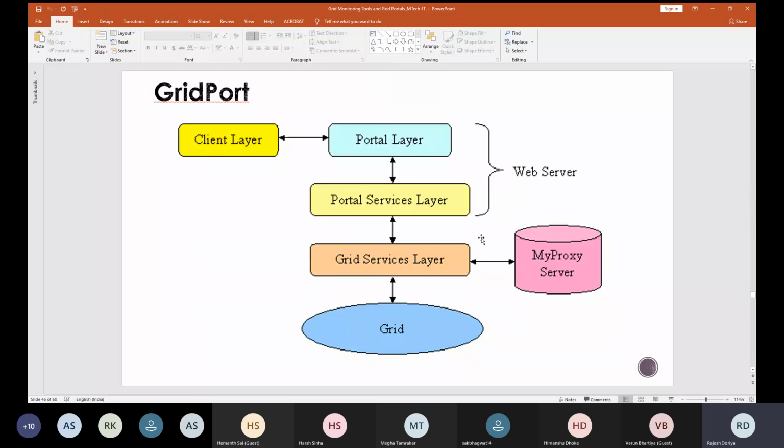Okay. And at the backend, we have a dedicated layer called the grid services layer. This layer is responsible for managing all the credentials as well. So this grid services layer will look after all the resources in the grid, as well as take care of all the credentials of the clients.